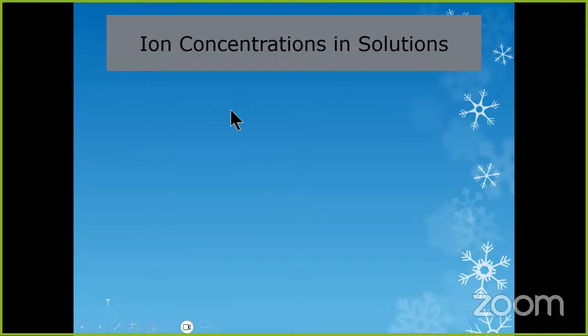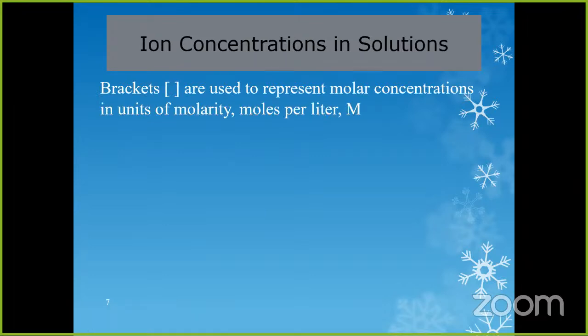Okay, let's talk about how we can determine the concentration of ions in solution. And this actually is dependent on the stoichiometry of the dissociation of ionic compounds. But before we do that, I want to introduce you to this particular symbol, which you'll be using a whole lot, especially in general chemistry too. The square brackets, we use that to represent the molar concentration of what's